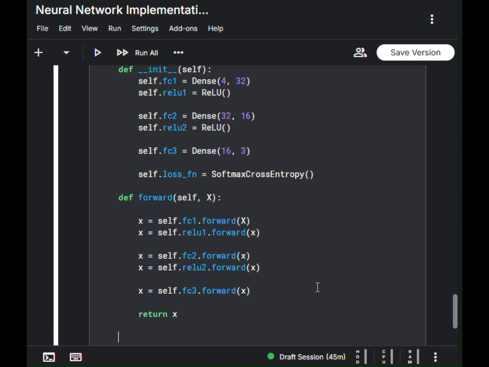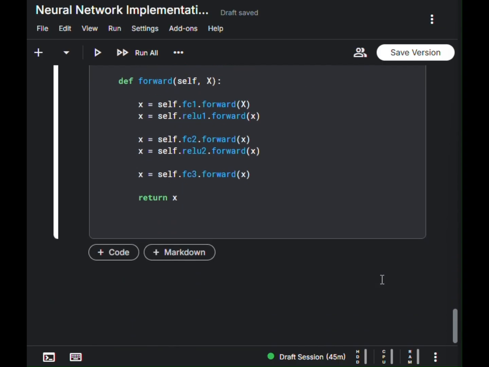After this, we have to implement the training step. So the training step is the complete loop of learning. This is the most critical function for training. It performs one full iteration of learning, that is forward pass, backward pass, and weight update for a batch of data. So let's implement it. So let's write train_step, which will take x, y, lr,